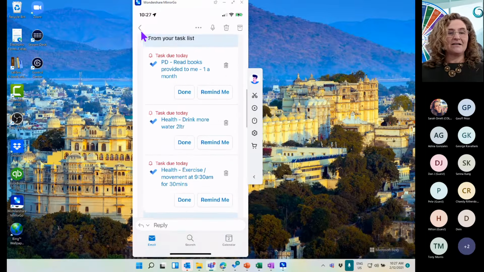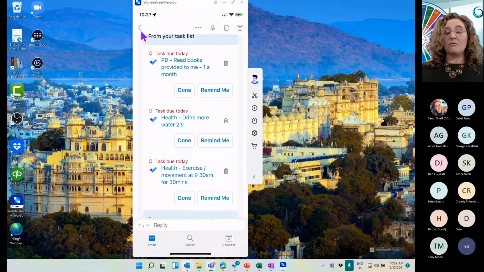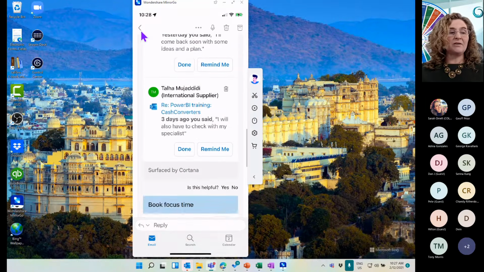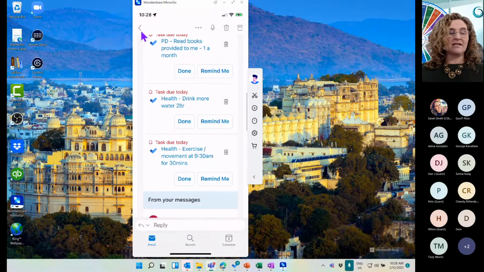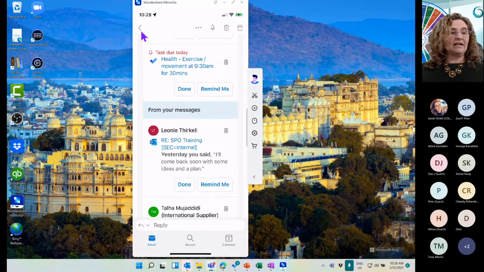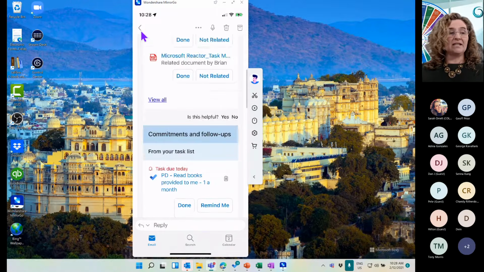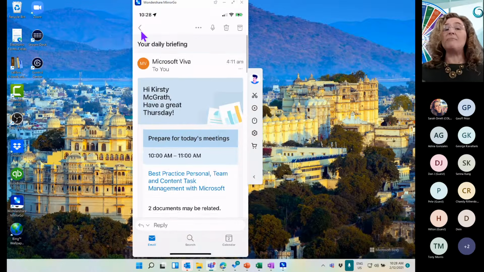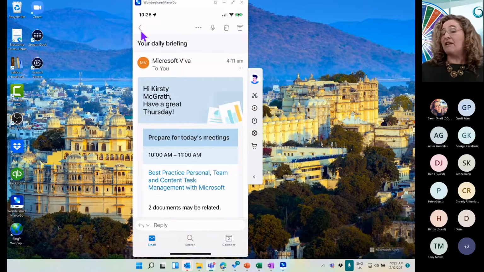And some of the tasks that I might want to have from my list is all flowing in to Viva to be able to help support me to remind, as well as other tasks that I've got flagged in emails or you've stated, for example, I'll get back to you tomorrow. So Viva will kind of trawl through and look for hints to say, did you follow this up? So I can add that onto the list of things to do.